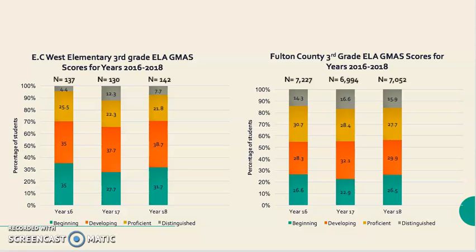Now, a weakness is that our proficient levels, shown in the yellow, are starting to decrease and they are starting to fall back into the developing. So our orange, our developing, is starting to grow every year. And so that is a strength with the beginning levels. However, it is a weakness with our proficient levels. So we really need to concentrate and see how we can get those developing students and bump them up to the proficient level.